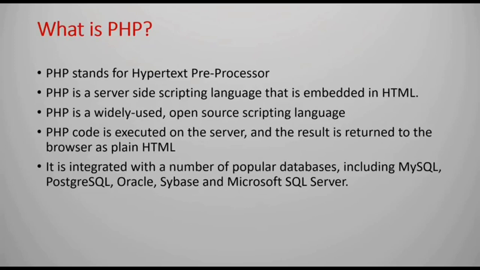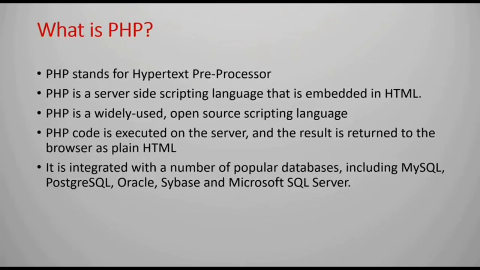The thing that differentiates PHP from a client-side language like HTML is that PHP code is executed on a server, whereas HTML code is directly rendered in a browser. PHP code is first executed on the server and then the result is returned to the browser. The only information that the client knows is the result of executing the PHP script on the server, and not the actual PHP code present in a PHP file. PHP files can support other client-side scripting languages like CSS and JavaScript.